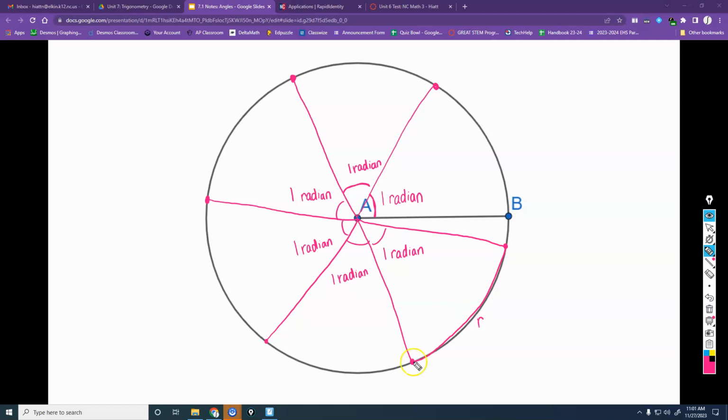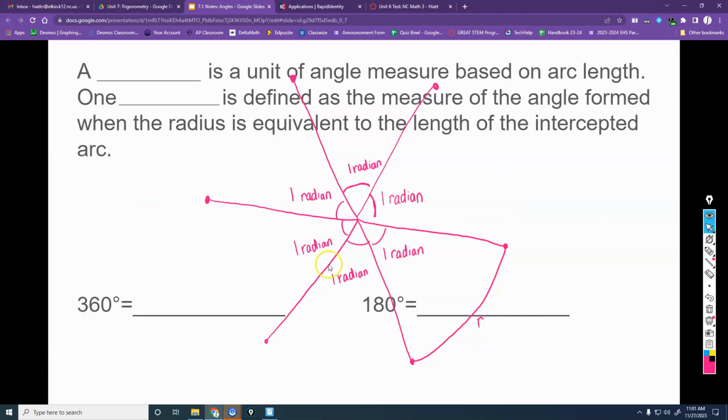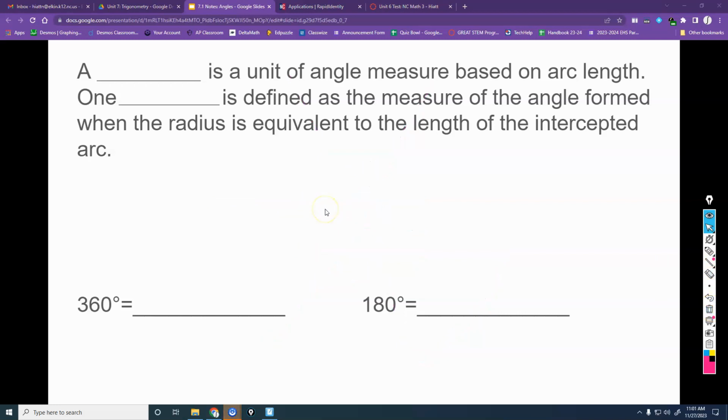And I think I have that on the next slide here. Every circle has the same amount of radians in it. So let's fill in those blanks first. I've already told you the definition for this. A radian is a unit of angle measure based on arc length. One